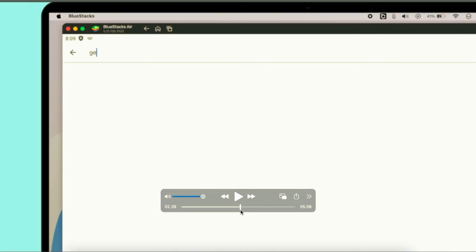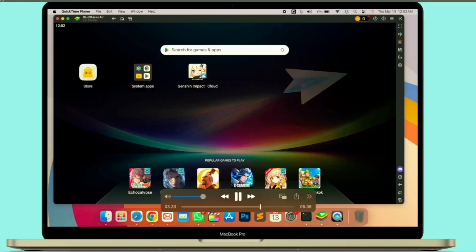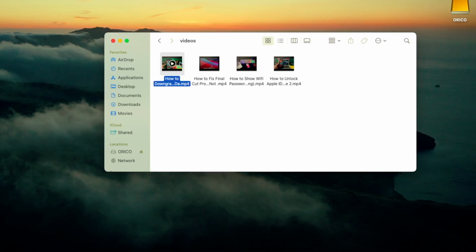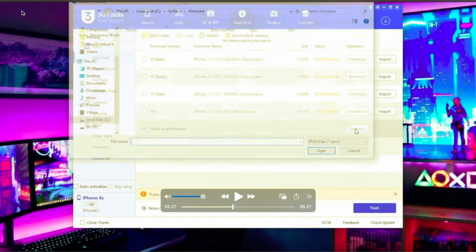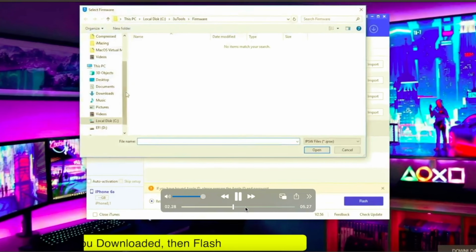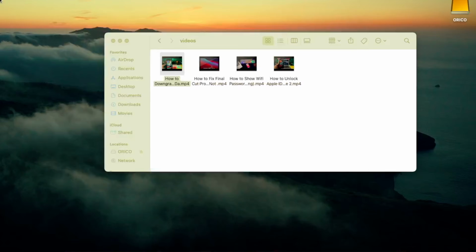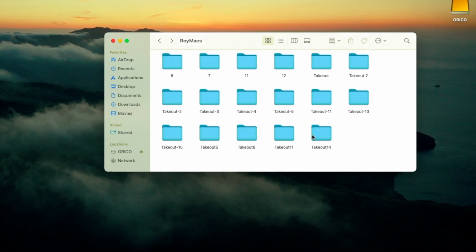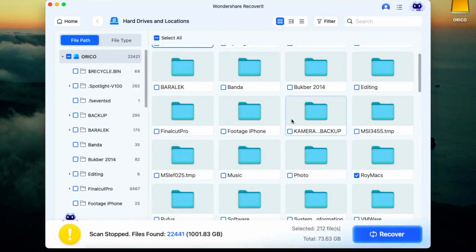And as you can see, the files are opening normally. The video files are playable, the folder structure is also recovered, and the files are not corrupted. So this is a good sign because the recovered data is still usable and looks like the original files. So if you accidentally deleted important files, lost a folder, formatted your drive, or your files suddenly disappeared without backup, Wondershare Recoverit can help you scan the device and recover files that may still be available. But in my case, as you can see, the missing Royax folder is back, and the files are recovered with the original quality. So that's how to recover deleted files without backup using